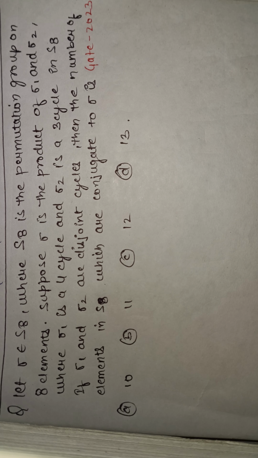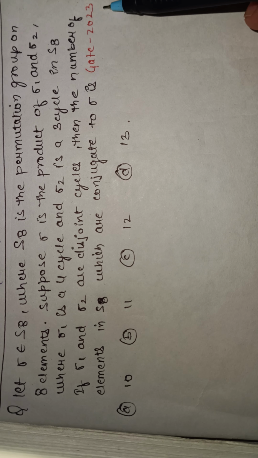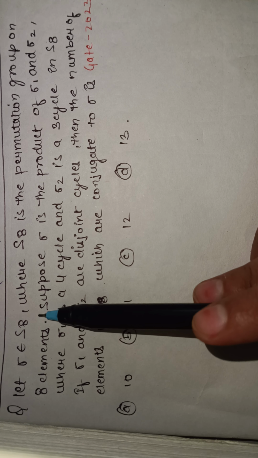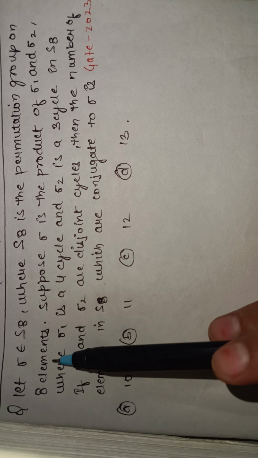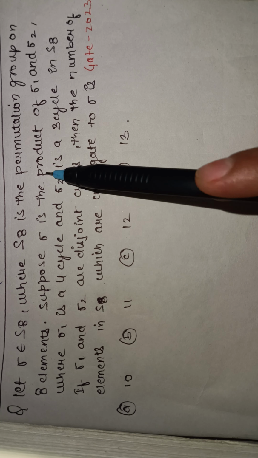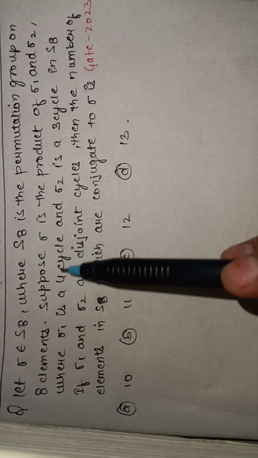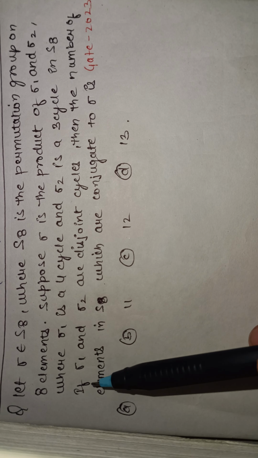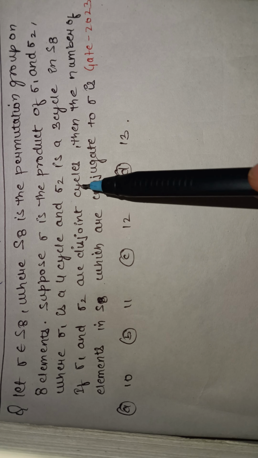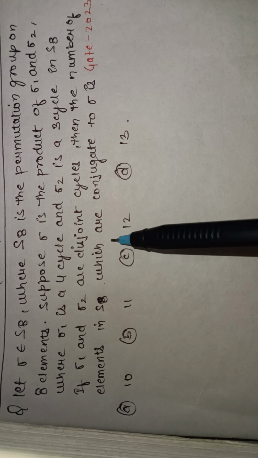In this video lecture, I am going to talk about the next PYQ of group theory, which was asked in GATE 2023. So our question is: let sigma belong to S8, where S8 is the permutation group on 8 symbols. Suppose sigma is the product of sigma 1 and sigma 2, where sigma 1 is a 4-cycle and sigma 2 is a 3-cycle in S8. If sigma 1 and sigma 2 are disjoint cycles, then the number of elements in S8 which are conjugate to